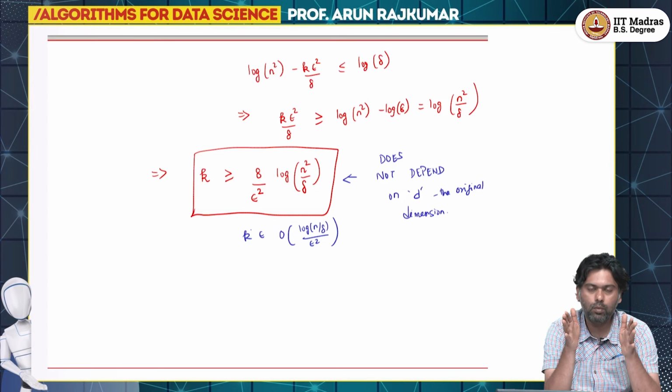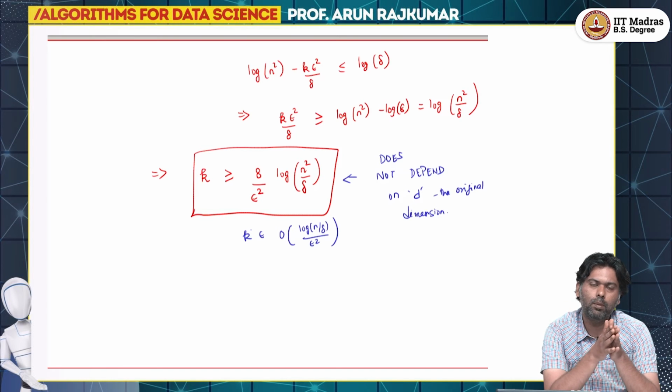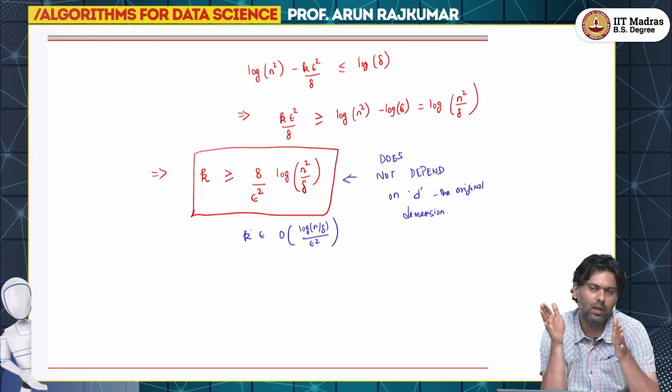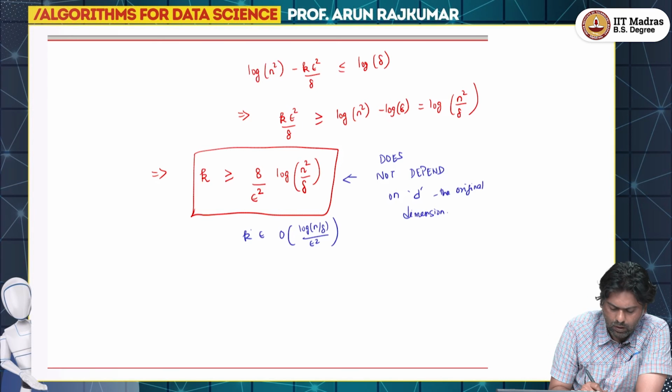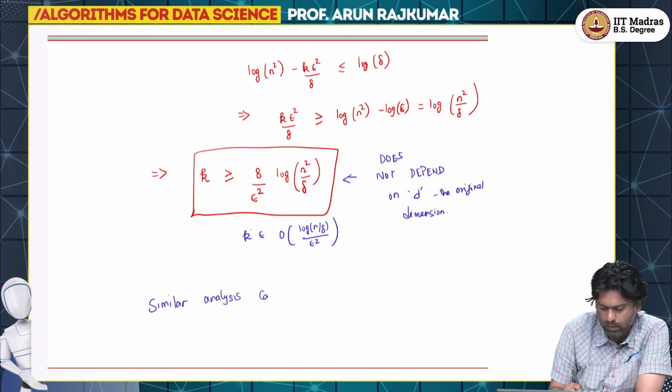The other thing that we did not prove is that we only proved the bad event on one side, right. That is, the length of the vector after I do the random projection is greater than or equal to 1 plus epsilon times k. So, let me say that similar analysis can be done to show